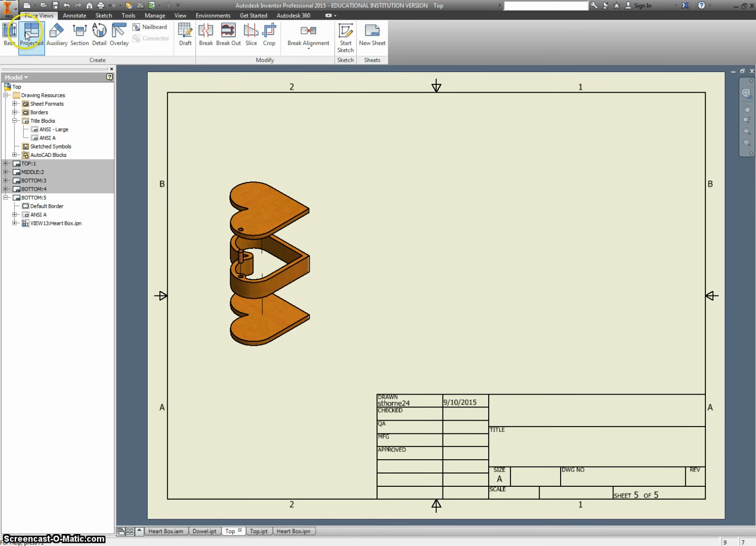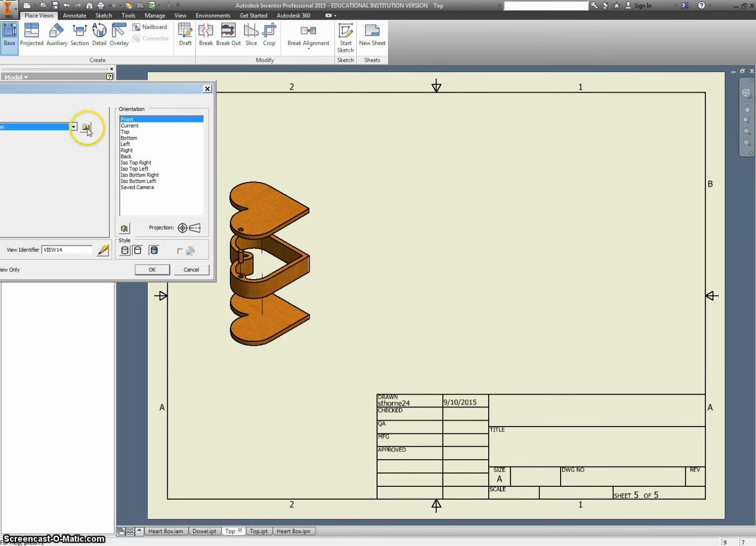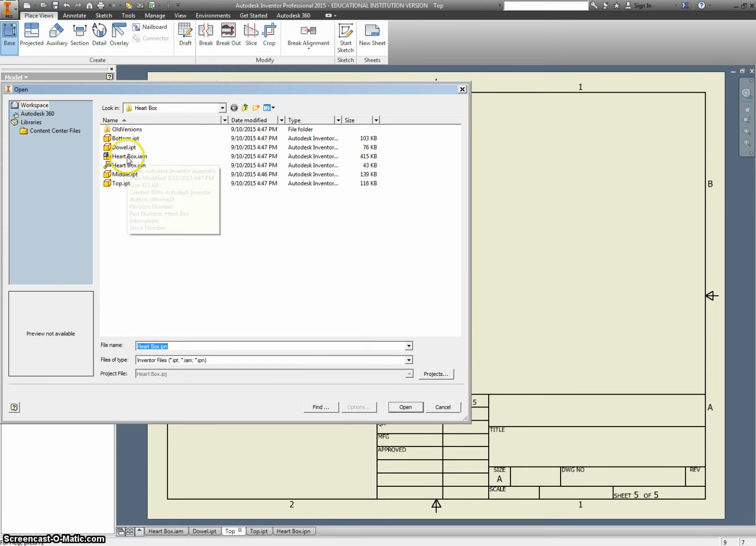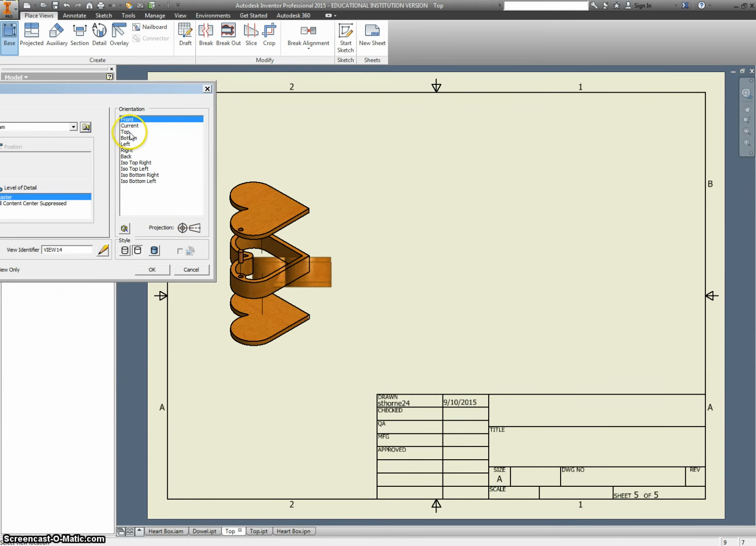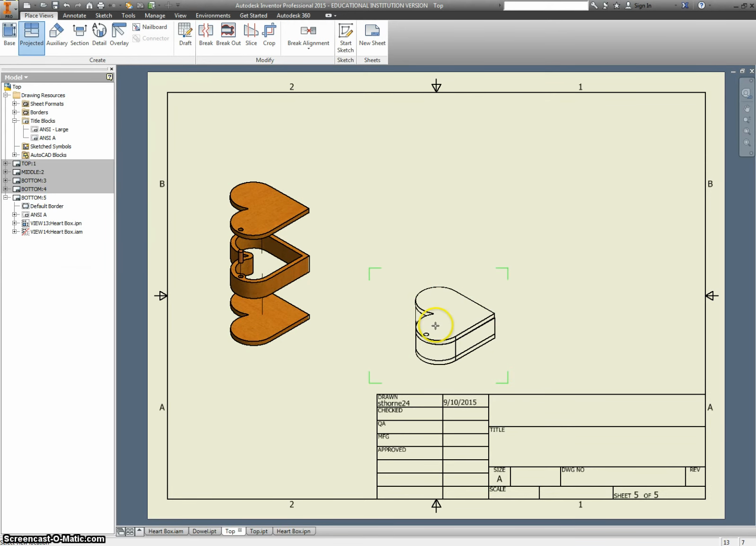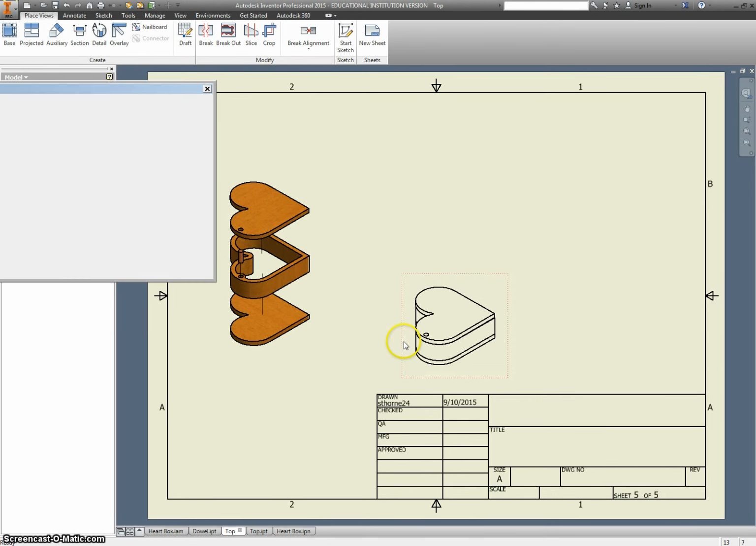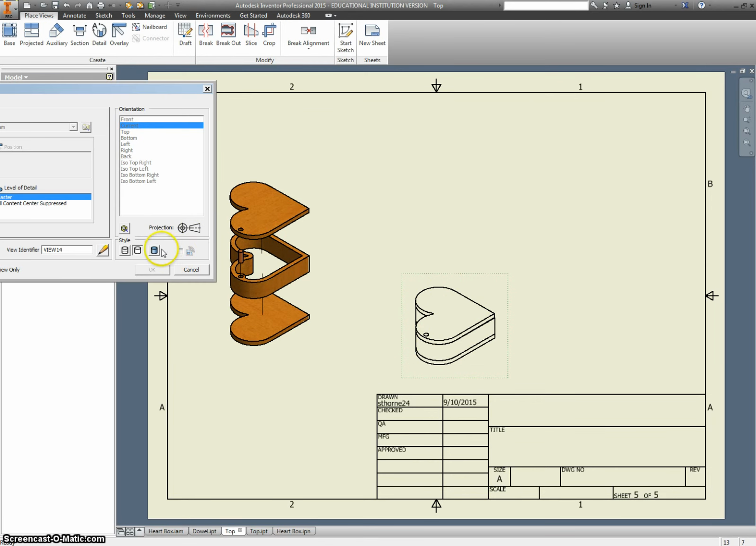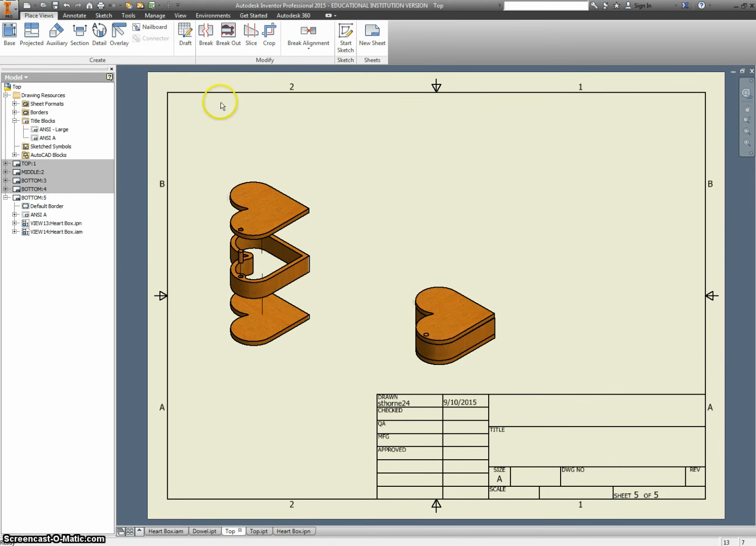I'm also going to add an assembled view. That would be heartbox.iam. Let's go to our current view for that, and I'll drop one of those in here. Oh, I didn't make it shaded. So you just double click on it when you have the box around it, select shaded,